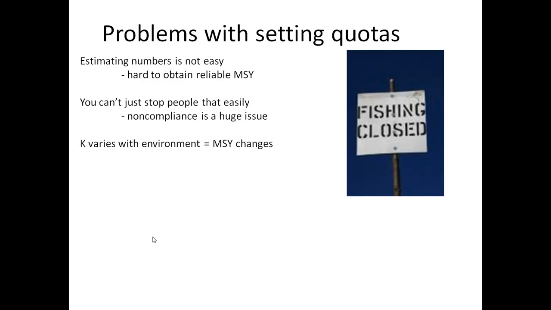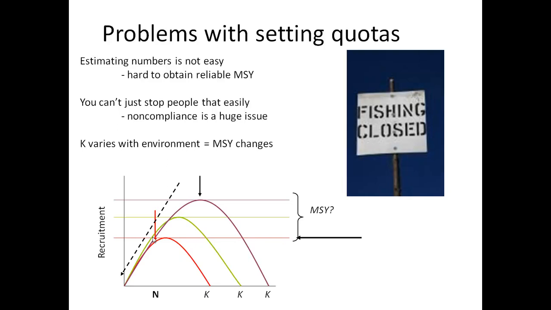The third issue is that carrying capacity is not actually static and unchanging. Carrying capacity can vary considerably with the environment. Because the maximum sustainable yield is half the carrying capacity, the maximum sustainable yield is also likely to change through time as well. Just for example, this slide here